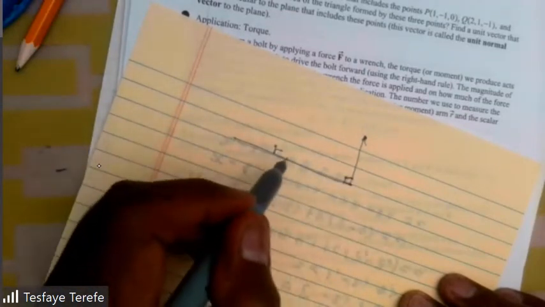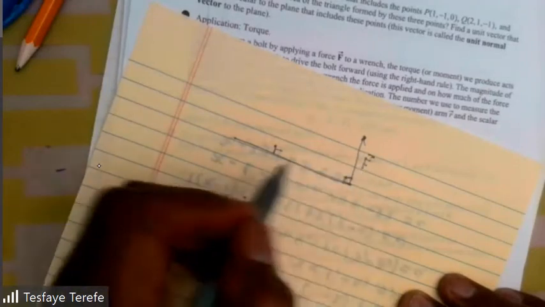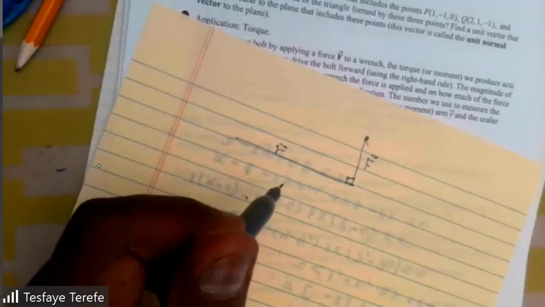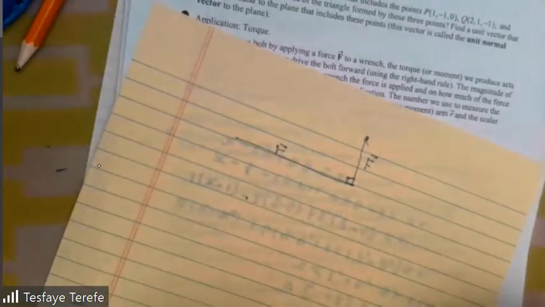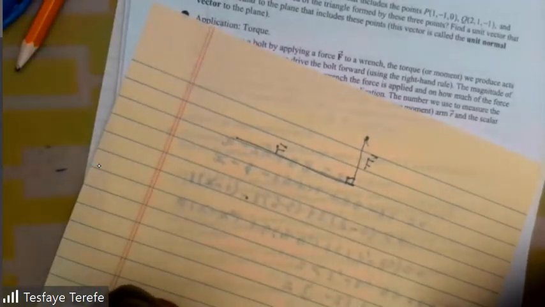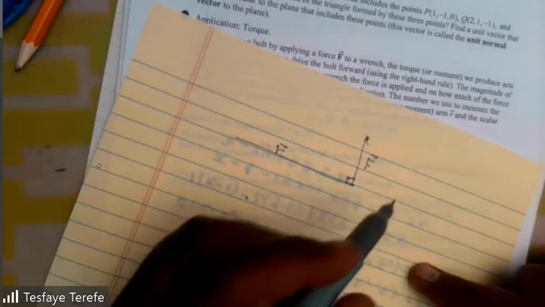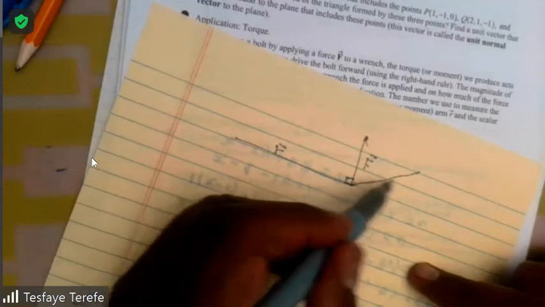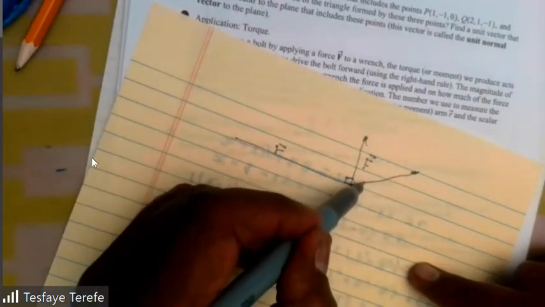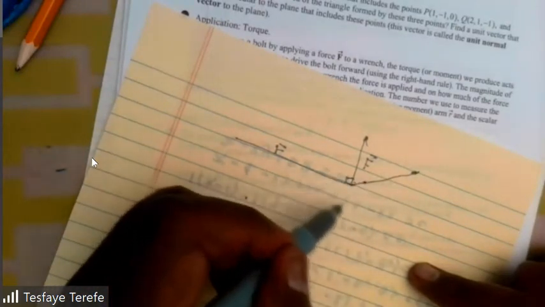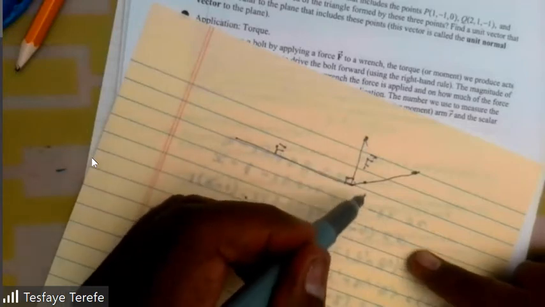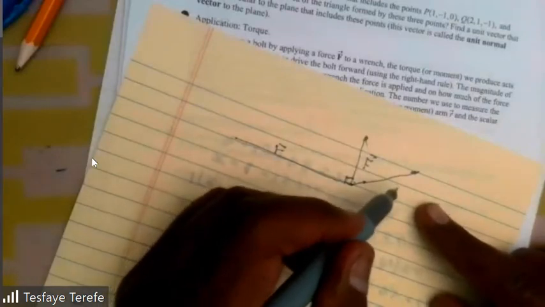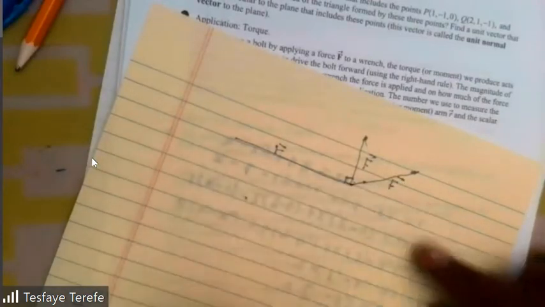Then the magnitude of the force multiplied by the magnitude of the radius is the torque. But if the force is acting in this direction, then the force that is really acting is going to be the y component of this vector F,